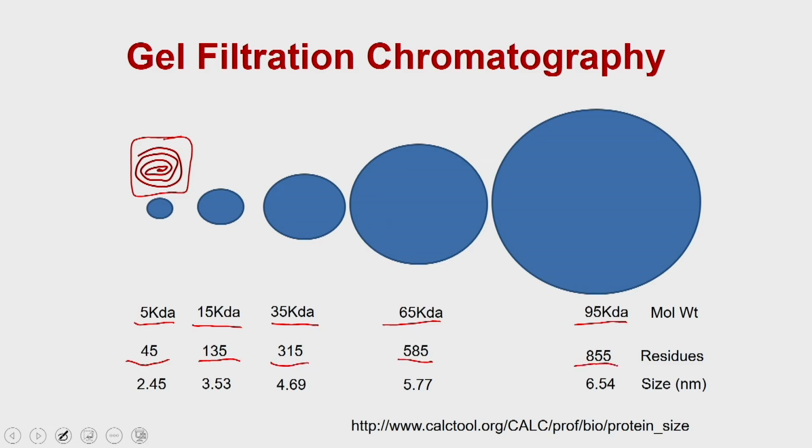These are rough estimates. Based on this number of residues I have also calculated the size, or radius of gyration, of these proteins. The protein of 5 kilodalton has a radius of gyration of 2.545 nanometer, whereas for 15 kilodalton it is 3.53 and then 4.69. So as you increase the size of the protein, its radius of gyration increases, which means as you go from a smaller protein to a larger protein,